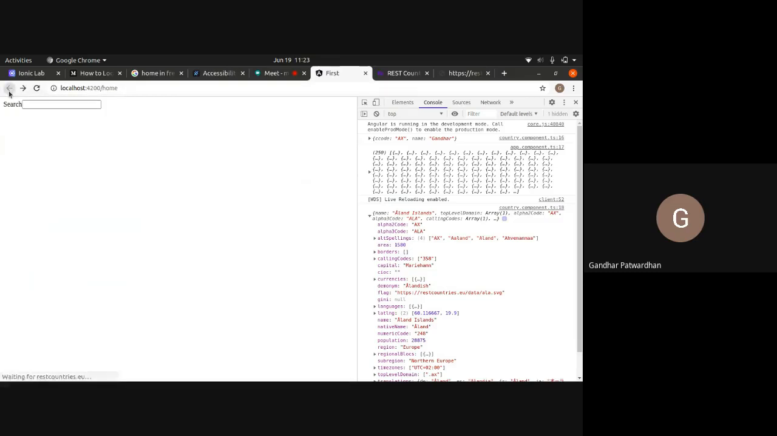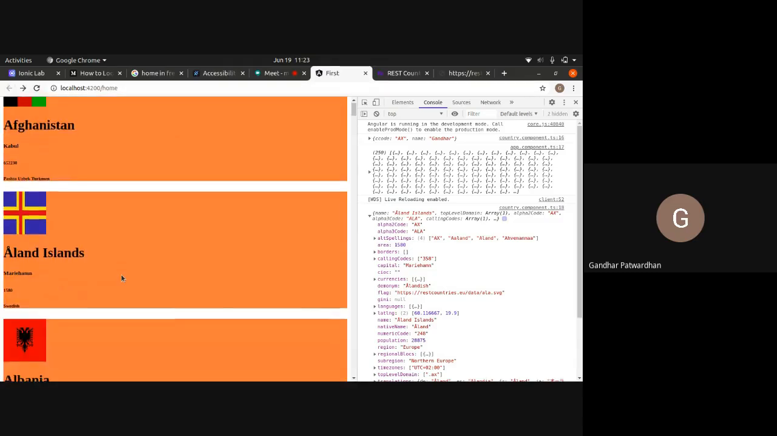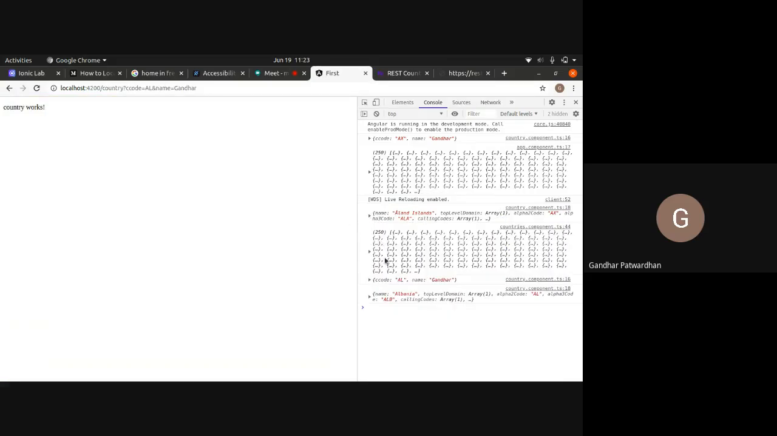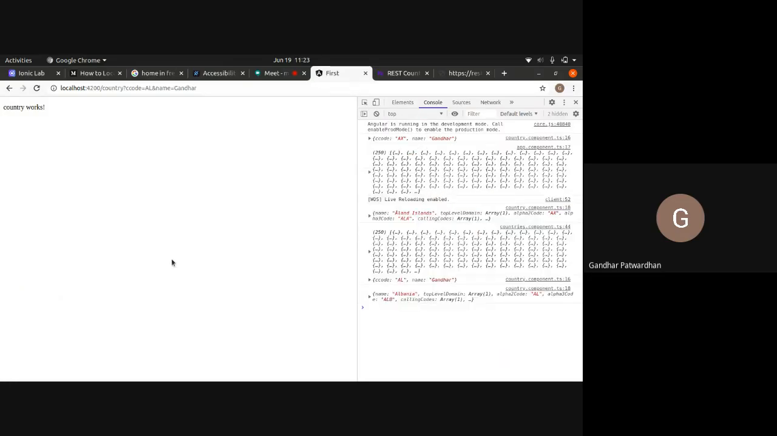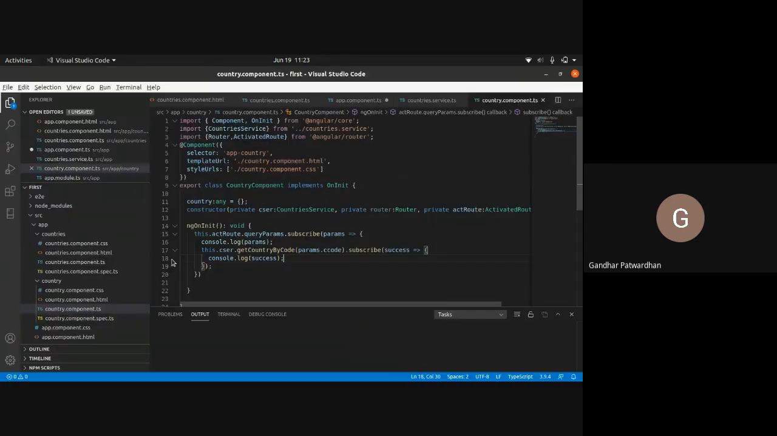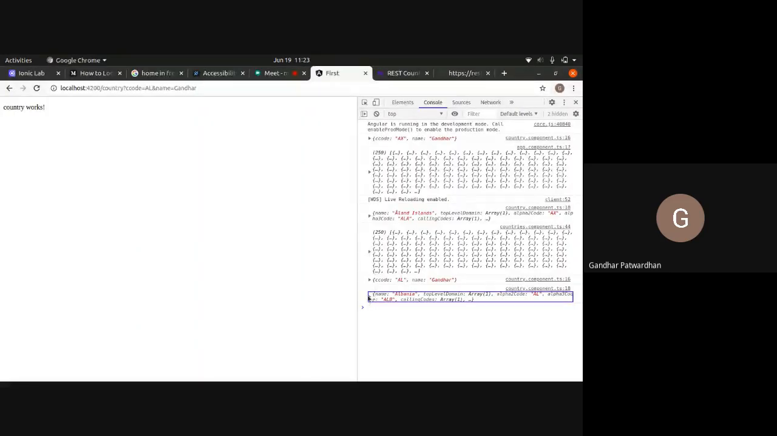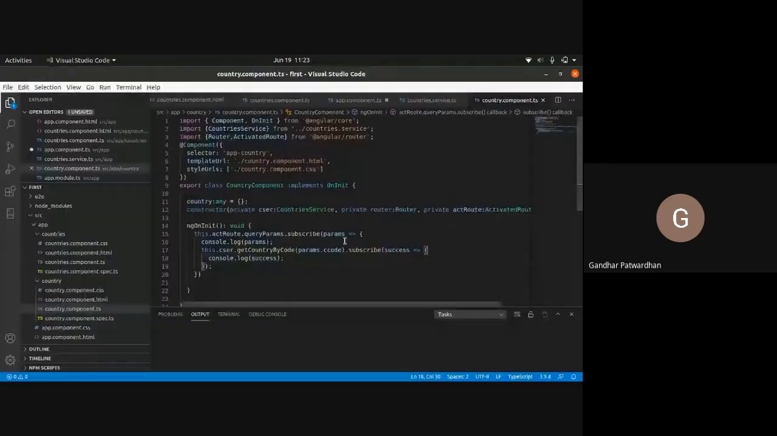If I go back to our home page and I click on Albania, what I would see is the data for Albania. That's what I would get. Now after I have got the data, what I'll do is I'll fill that data in this country object. This is an object, this is not an array, so you cannot have ng-for on this object, this would be a plain object. So I would say this dot country equals to success,